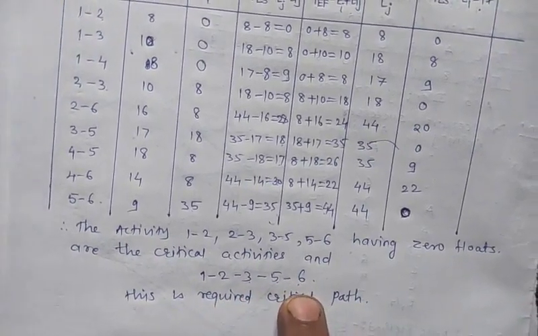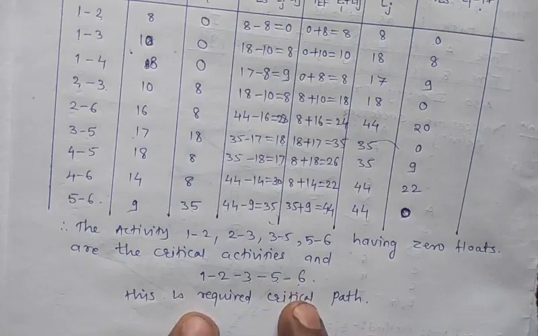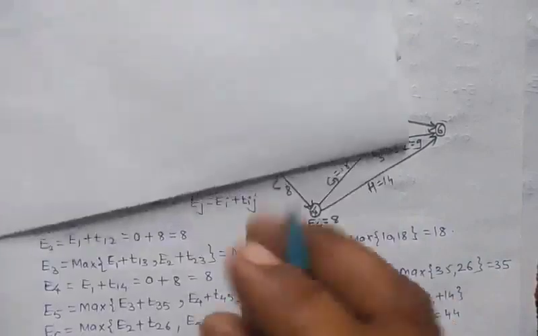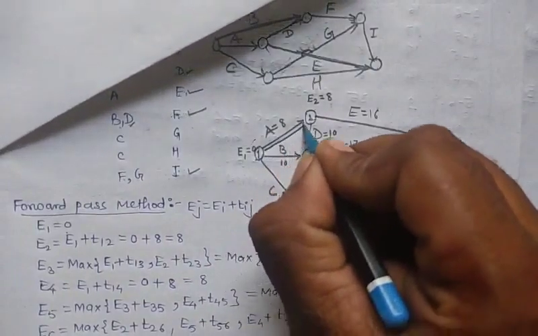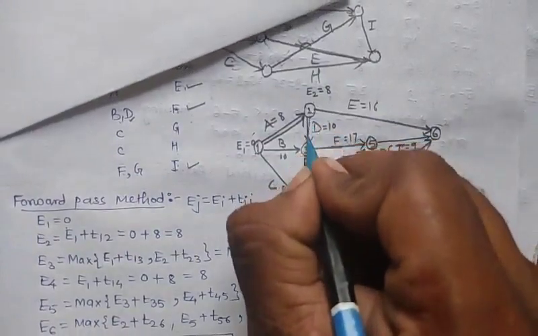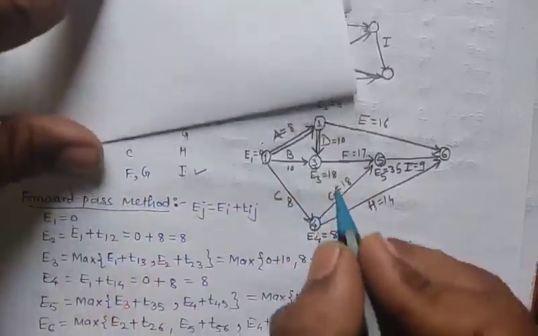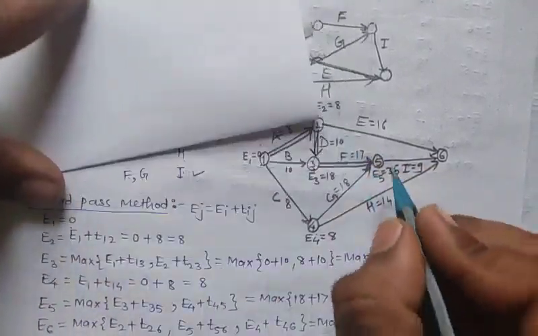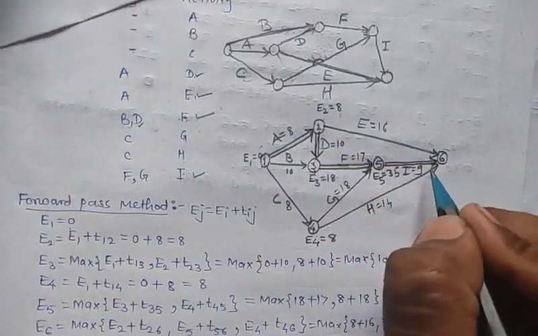Now in the figure we draw the critical path by double line. So let's see. Now denote its critical path. So our critical path is 1 2. So here 1 goes to 2, and we denote it by double line. Next 2 goes to 3. Next 3 goes to 5. And 5 goes to 6. So this path is the optimal critical path of the network.